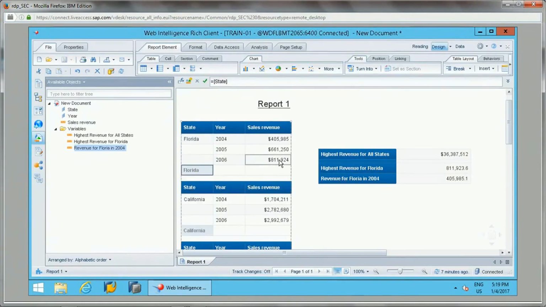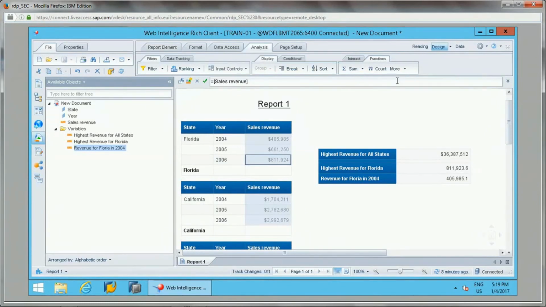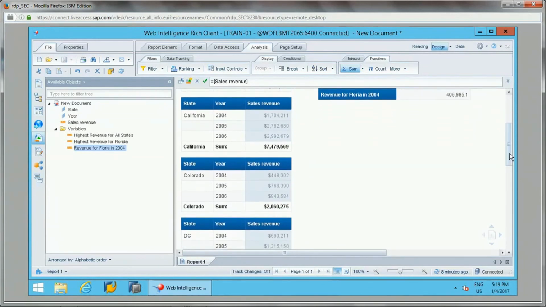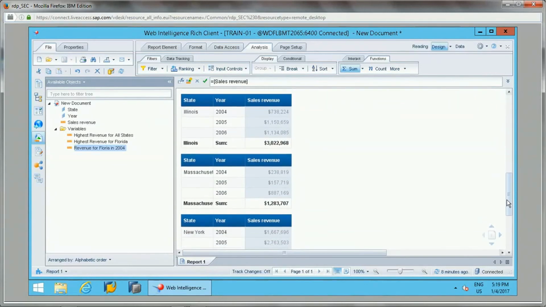Now if you see, for the state of Florida, the year-wise data is 2004, 2005 and 2006. The highest revenue for this is 811,924. This is the highest revenue for all states, and if I want to find it out, I can use that formula.